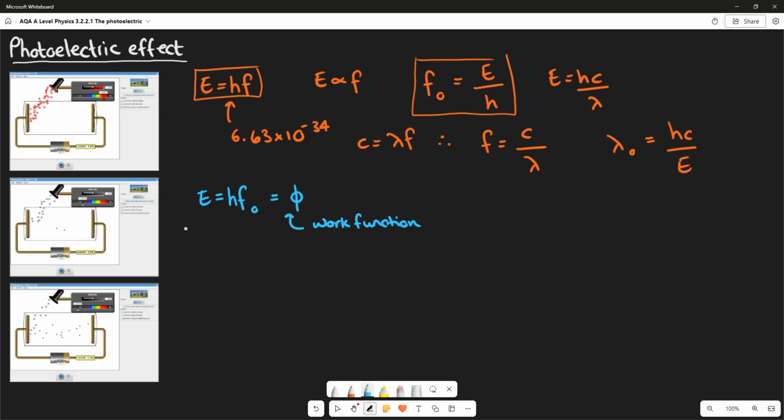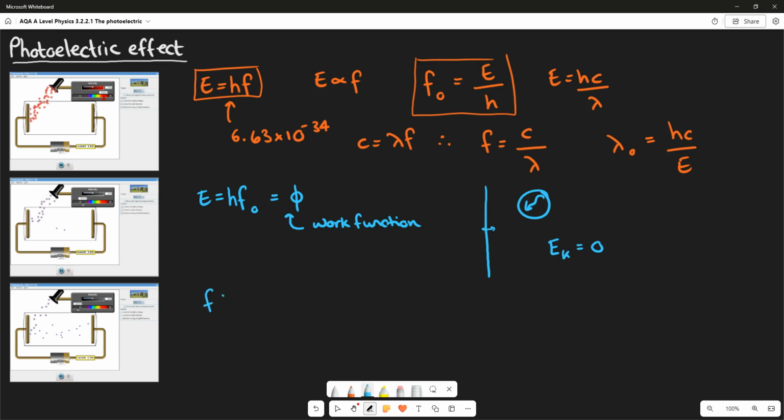Once the electron in the surface of the metal has absorbed the energy from the photon, it will escape. It will escape and it will have no energy left over. So the kinetic energy will be 0. And that's because it used all of the energy from the photon to escape the metal, and there was none left over, which is unlike the next situation where the